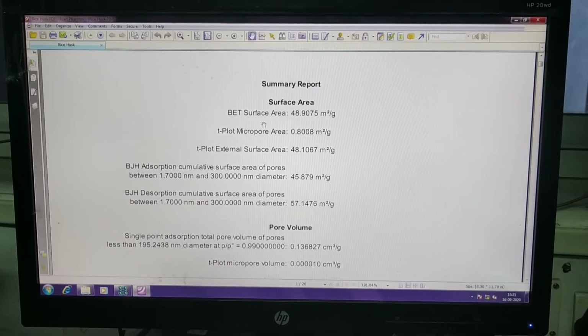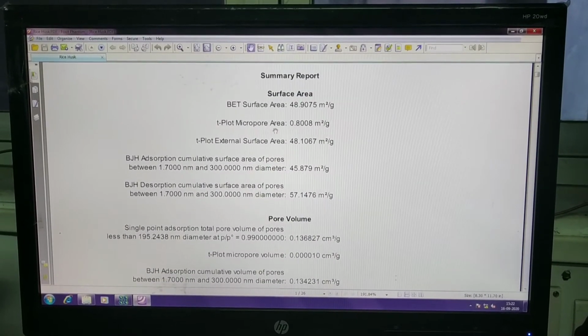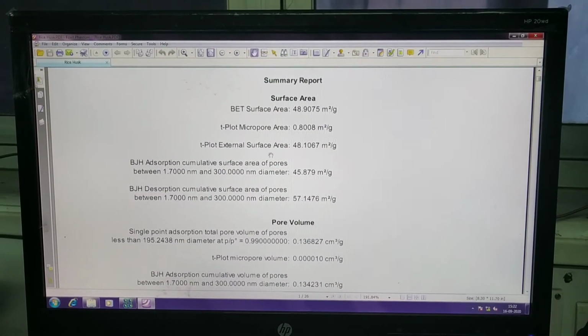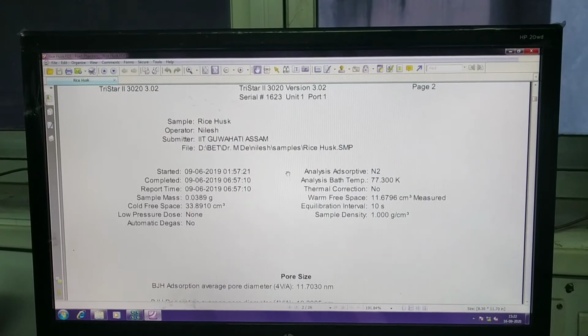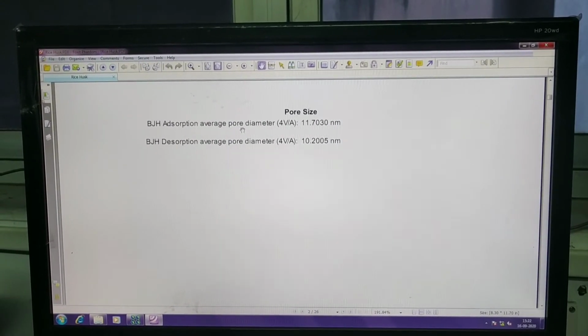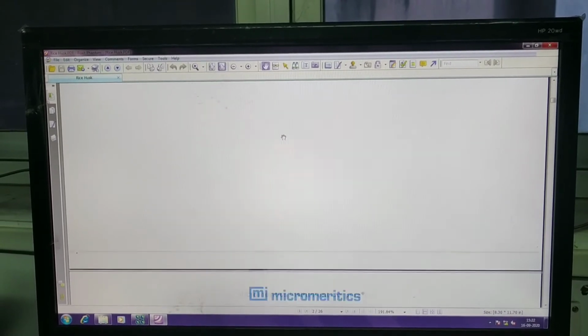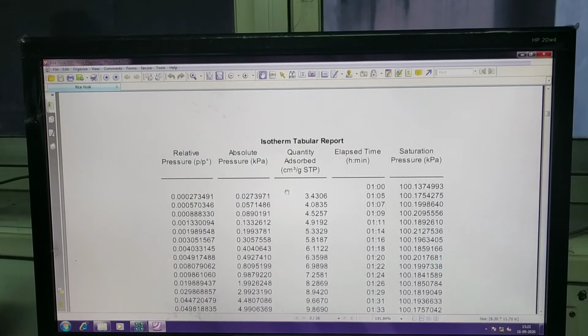Here are the results: surface area, t-plot, micropore area, external surface area, and BJH adsorption pore size. Then the next sheet has BJH adsorption average pore diameter, and next is the isotherm tabular report.